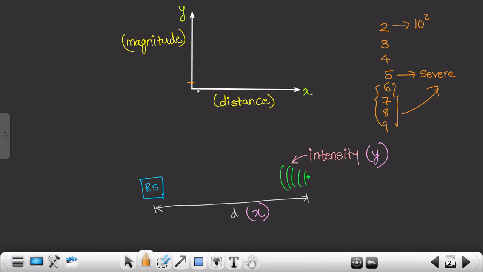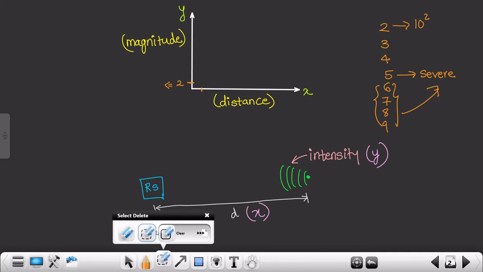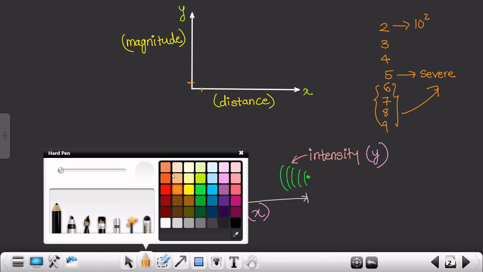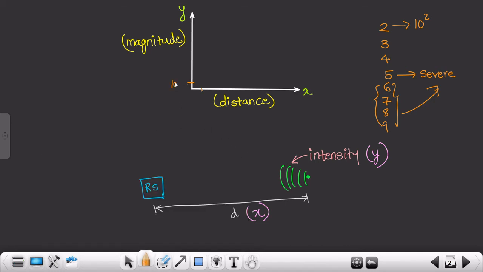Let's suppose at a certain distance we are experiencing an earthquake of magnitude 2. That means we are talking about 10 raised to 2. So rather than writing 2, I will write 10 raised to 2. After some time, at a certain distance, let's suppose there are different Richter scales at different distances, the second Richter scale experiences an earthquake of magnitude 10 raised to